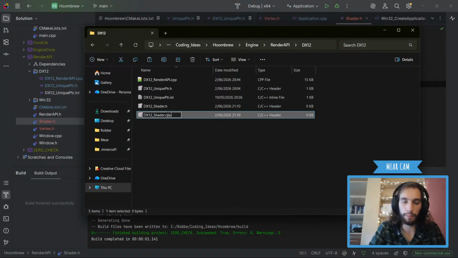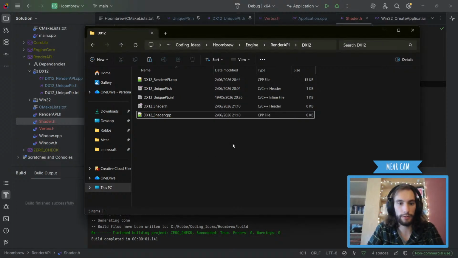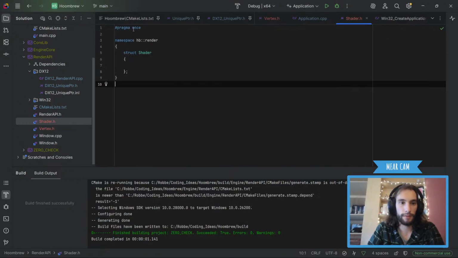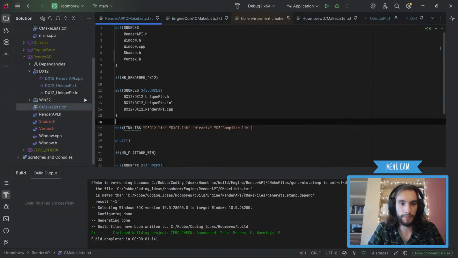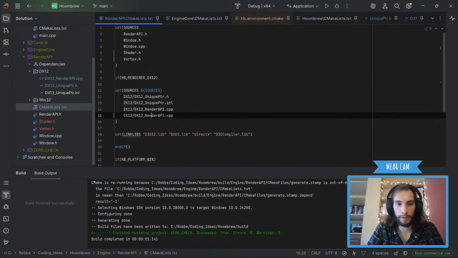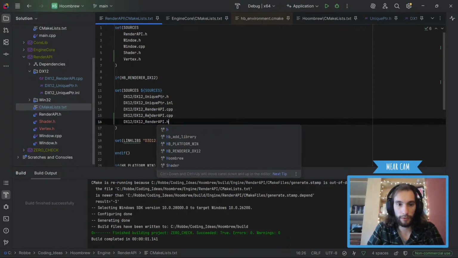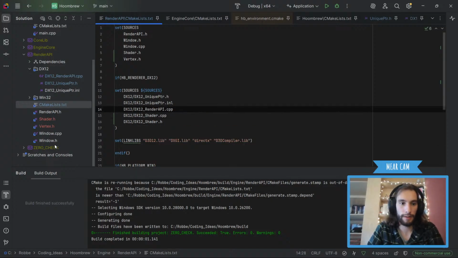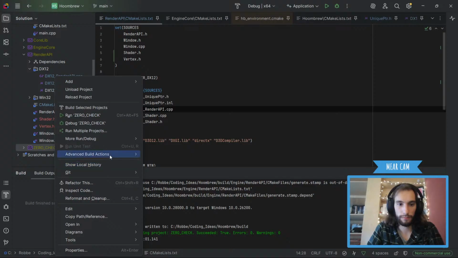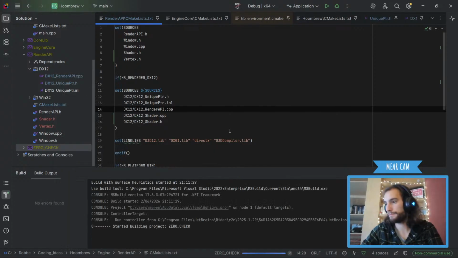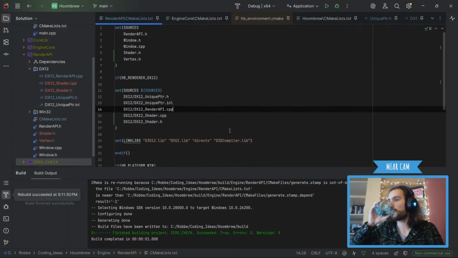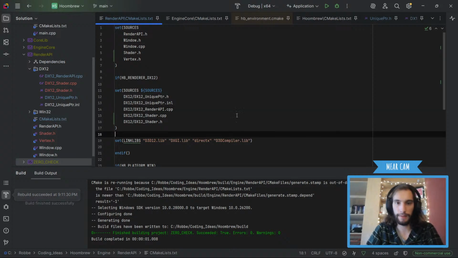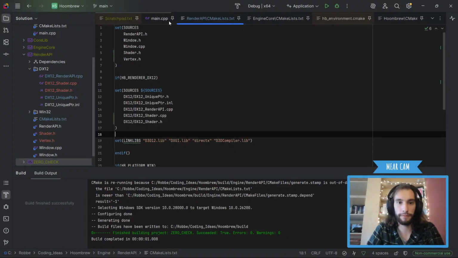Eventually I want to make a plugin for this, so I don't have to manually do it every single time. Let's just do that, no h, and then do this shader, and then rebuild this. Okay, that's done. Got all of that finished up.